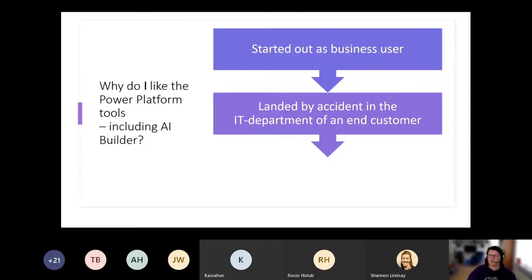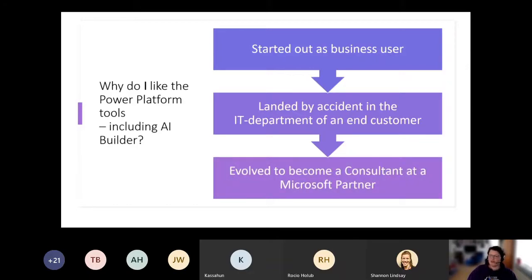The IT director, I worked with him on a project, and he asked me if I wanted to come work for him. And then I found out that I was actually quite good in IT and that I liked it. And then at some point I thought, now I want to work for a supplier. And that's when I became a consultant and a Microsoft partner a few years ago. So for me, it feels like I have seen IT from all perspectives: as an actual end user, as an IT pro, and as an IT supplier.